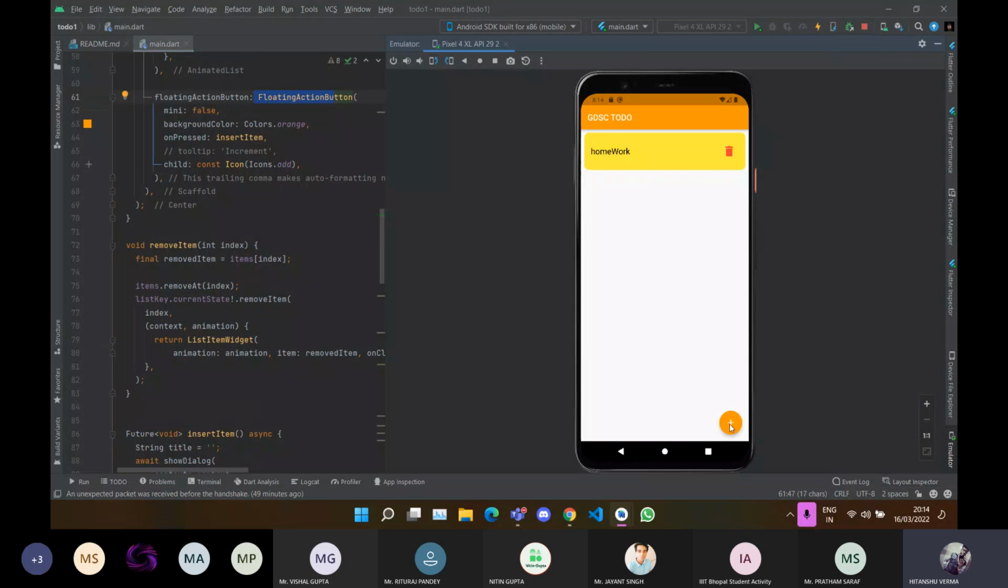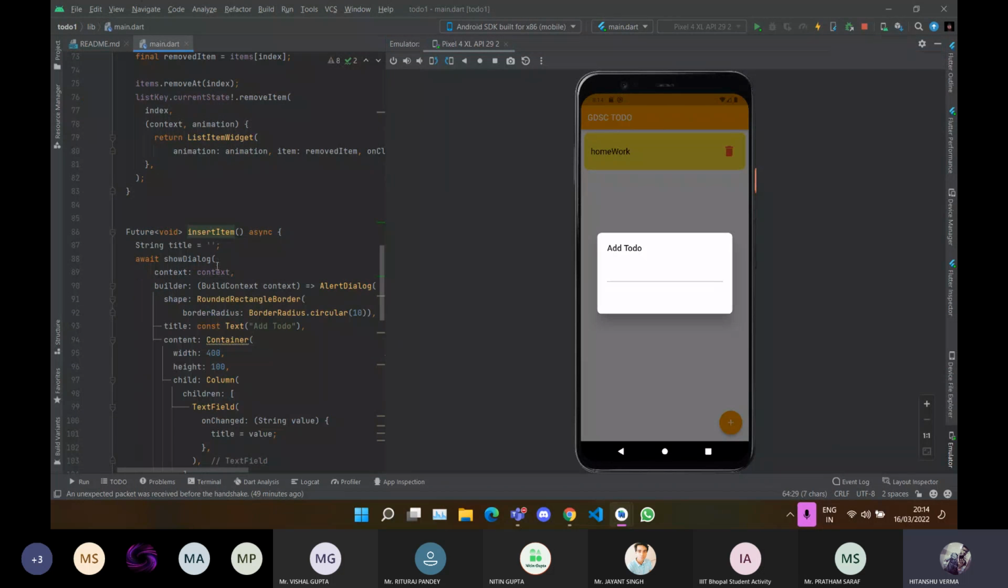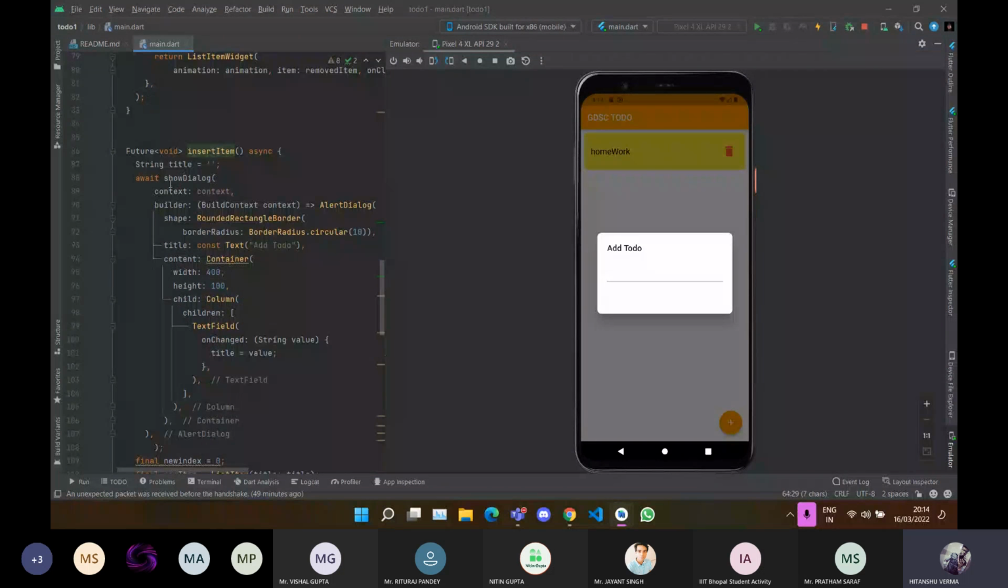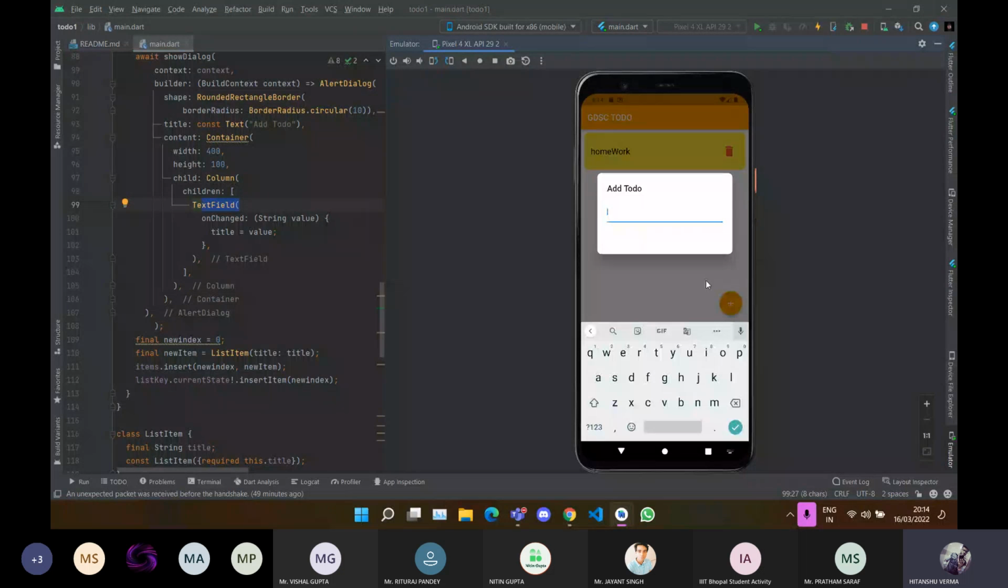So now when I click this button, this insert item function is called, and this show dialog widget is called, which in turn calls the alert dialog, and an alert dialog is shown to me. The title for the alert dialog is add to do, which is shown here, and then we have a text field, which is this area where I can write. So I can write like